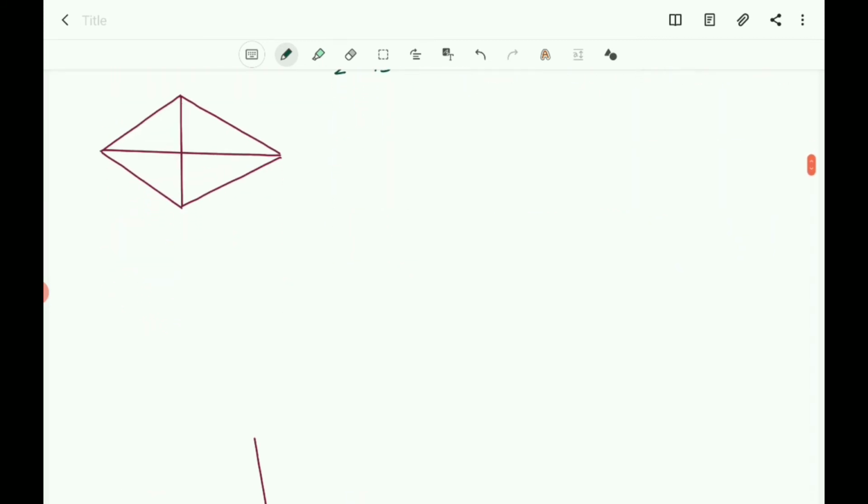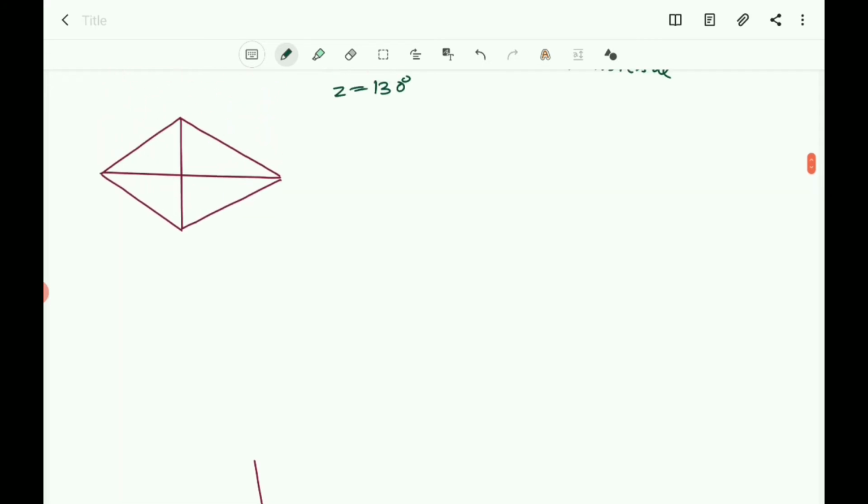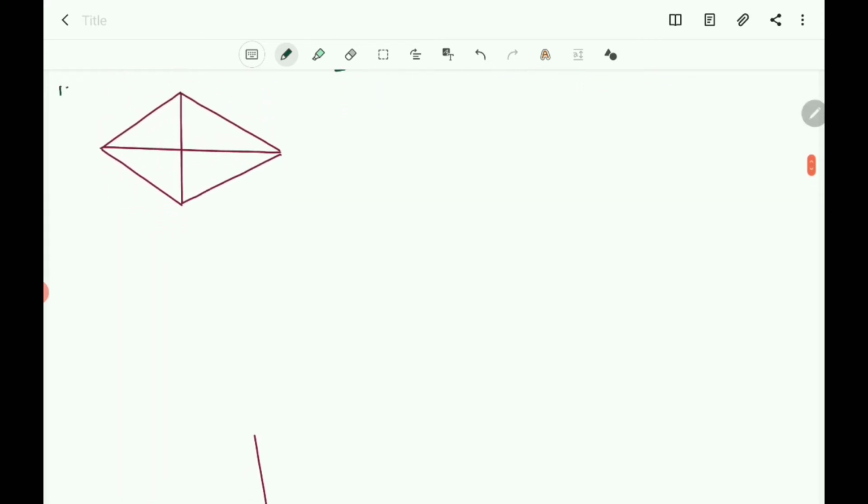Next, you take the next question. What is that? The third one. In the third one, here the value of y is given and this is x. Y is given and x is here, and a right angle is shown. This is z and this is 30 degrees. And you know that here this is 90 degrees. X is 90 degrees because it is already shown that the diagonals are perpendicular. It is shown in the figure.